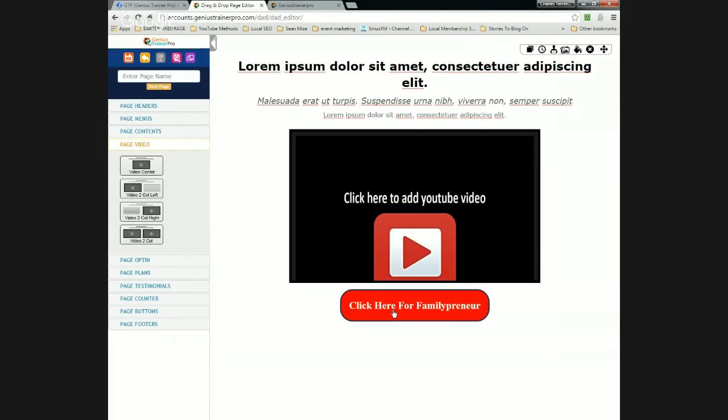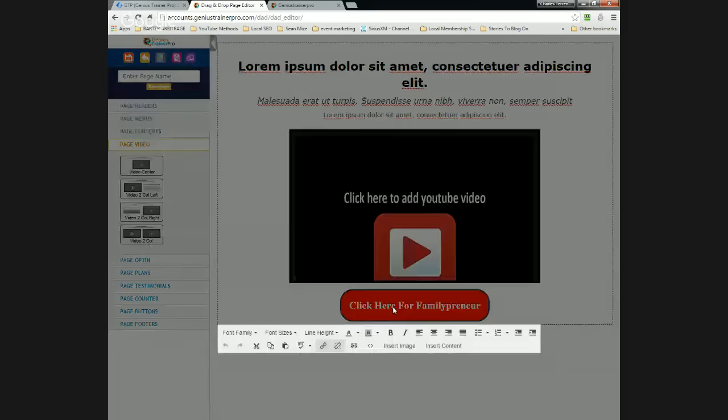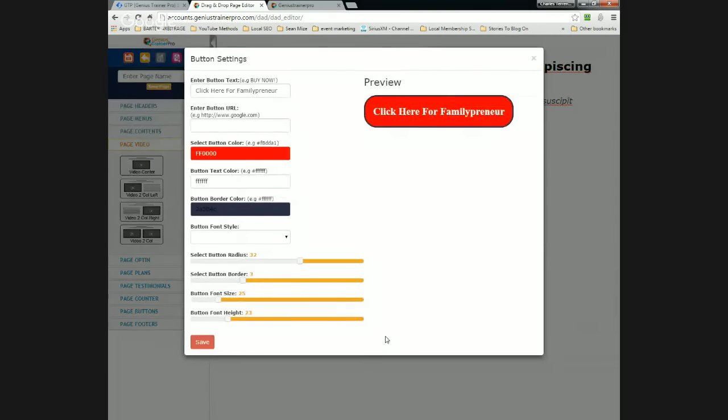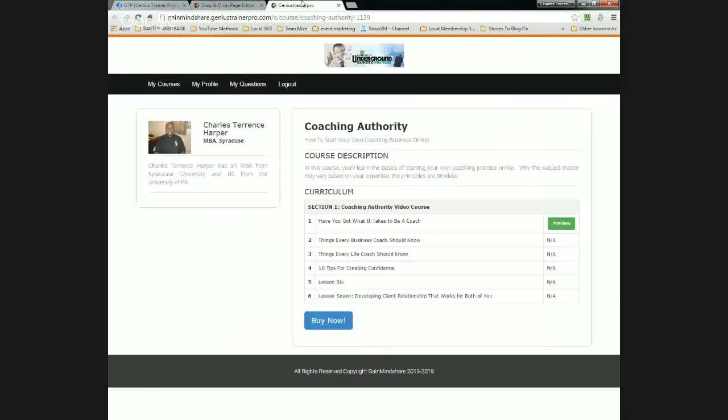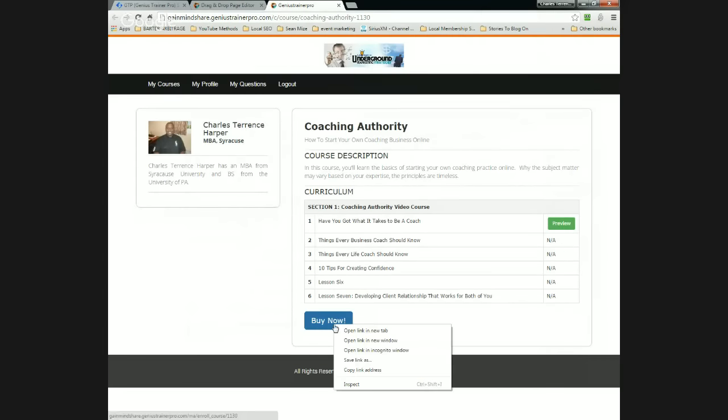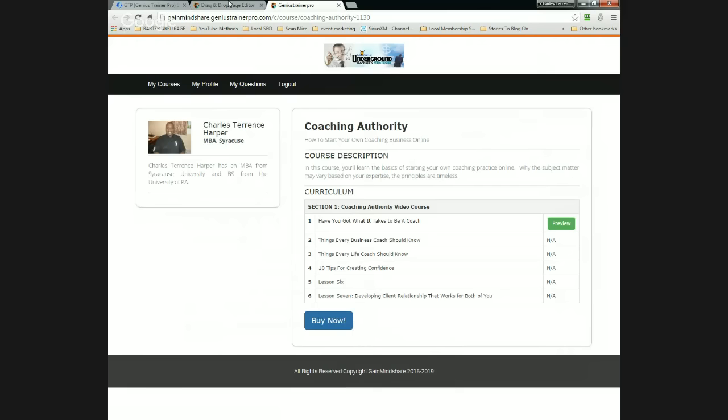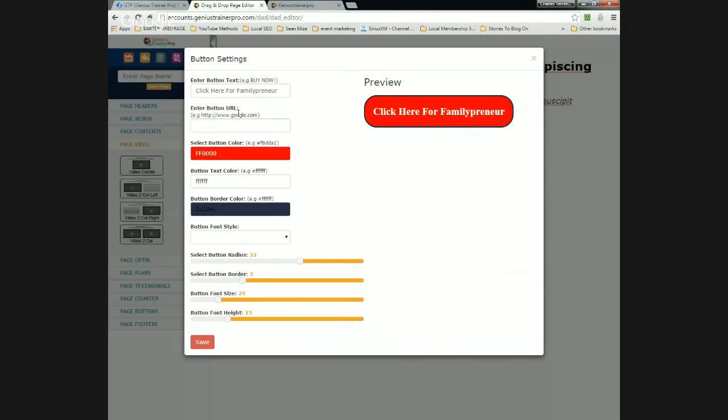So the question is, what link do I put in here if I don't want to use the Genius Trainer Pro buy button? Well, I would grab this link, copy that link address, and add that link here into the button.